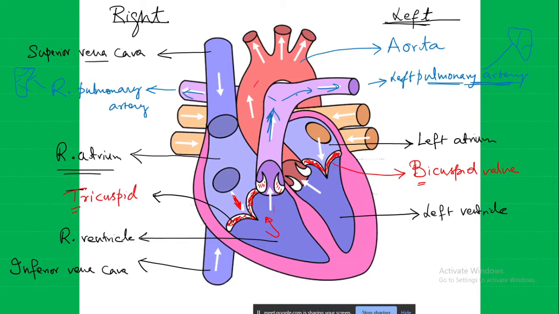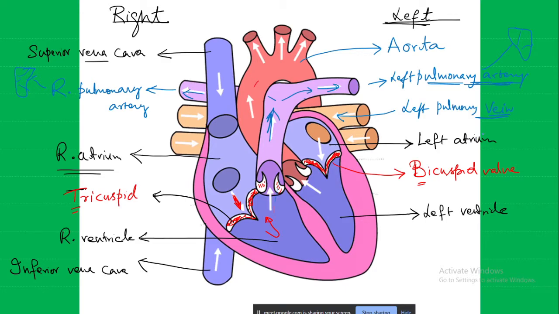So in this pulmonary circulation, the pulmonary artery is going to take the deoxygenated blood to both the lungs. It has gone to the lungs, and in the lungs what is going to happen? It is going to take up that oxygen, release that carbon dioxide, become oxygenated and come back to the heart. When it is coming back to the heart, it will be known as the pulmonary vein. In this case, the left pulmonary vein.